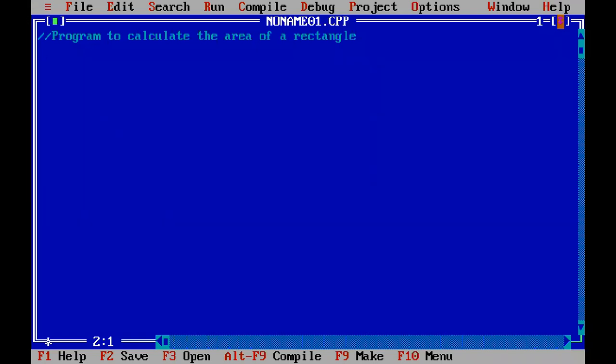So whenever you are giving any extra statement to define what your program is about or what your instruction is about, those lines we call the comment line. You give double slash and then you write it, then it becomes a comment line. This means that it will not be a part of your program. It is just to describe what your program will do.